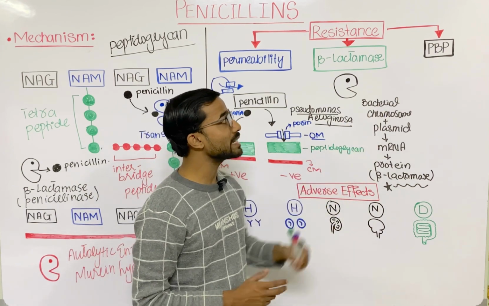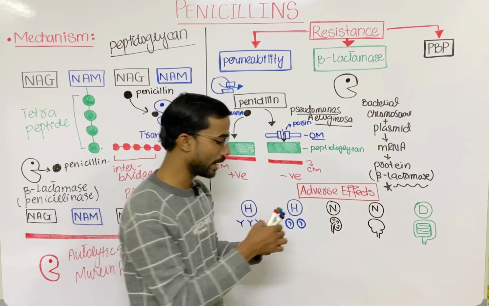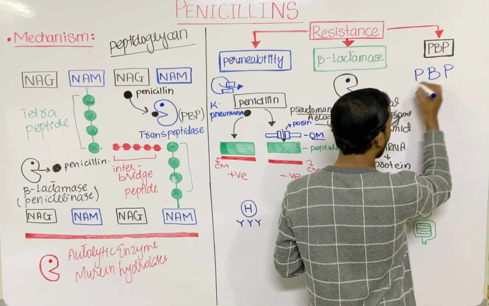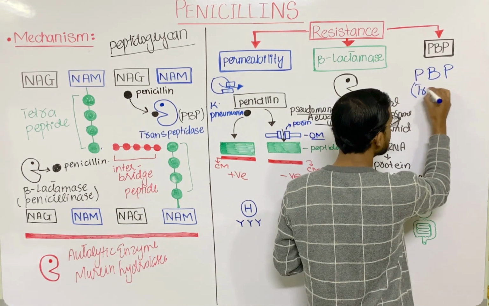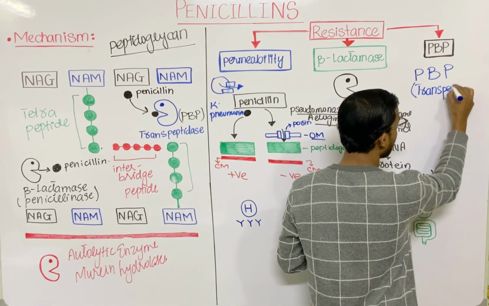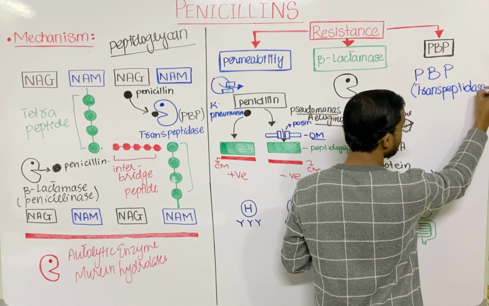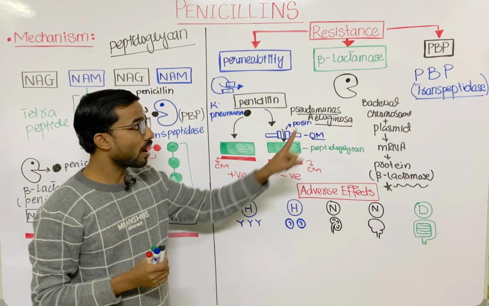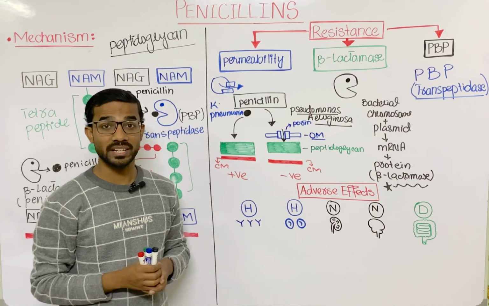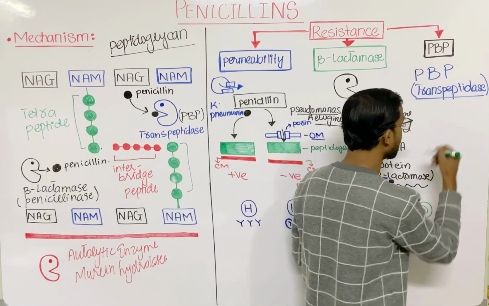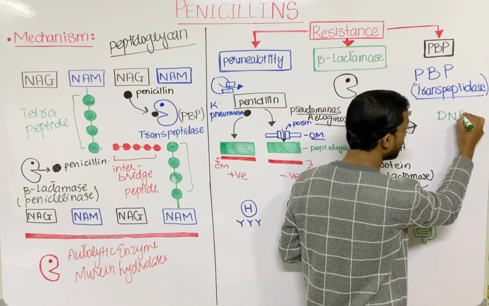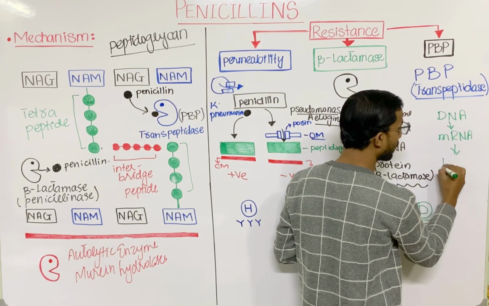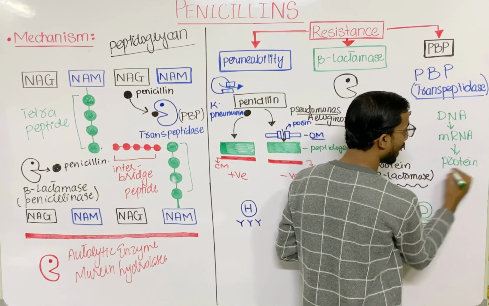And last is the penicillin binding proteins, or you can say transpeptidase. Now, bacteria will change the transpeptidase by changing its genetic material. As we have already discussed, the DNA forms the messenger RNA, and from the messenger RNA you will see the formation of proteins, and transpeptidase